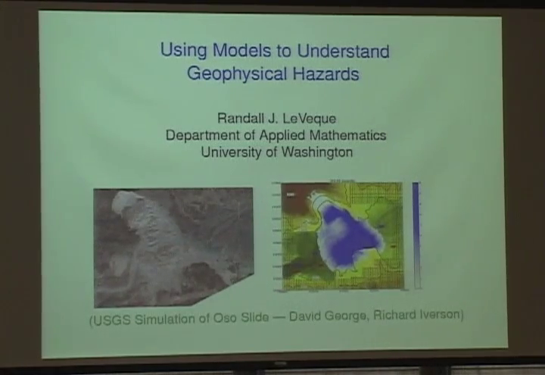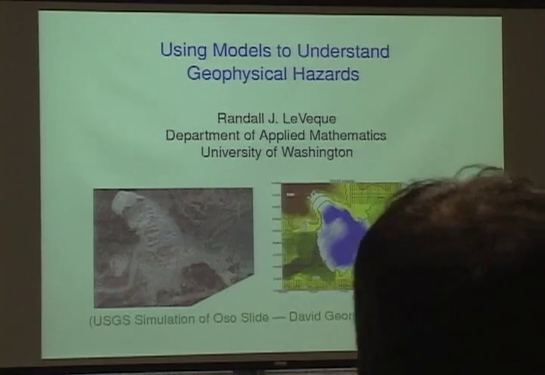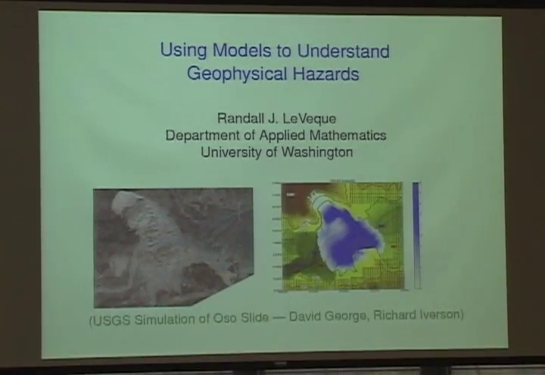And one of the groups that I've been working with quite a bit over the last few years is at the USGS Cascades Volcano Observatory in Vancouver, Washington. They've been in particular developing a debris flow code for modeling exactly this kind of event. And this is one of their simulations of that. I'll show some other things that they've been doing with that code, but this is an outgrowth of the GeoClaw code that we've been developing originally for tsunami models. David George, who's now at CVO, Cascades Volcano Observatory, was originally working with me on tsunami modeling and has been developing this code further for a variety of other applications.